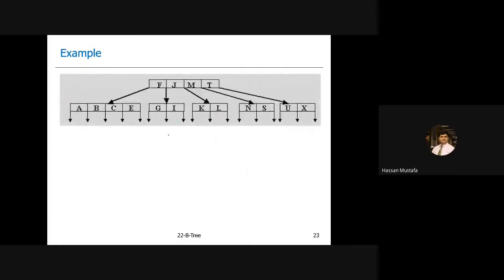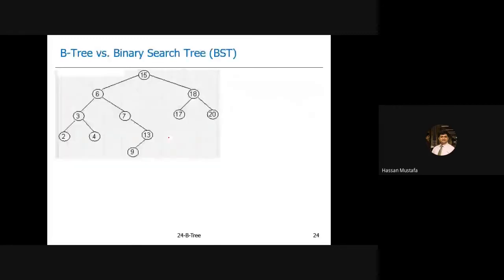Okay, so if we look at this tree, similarly this is a B tree of order 5. You can check all the conditions here, and now just compare this B tree with the binary search tree. Remember, this is a binary search tree, not an AVL tree, so it has some imbalanced branches as well. For a binary tree we can only have two children. So in this scenario, we have these levels, 0, 1, 2, 3, 4.